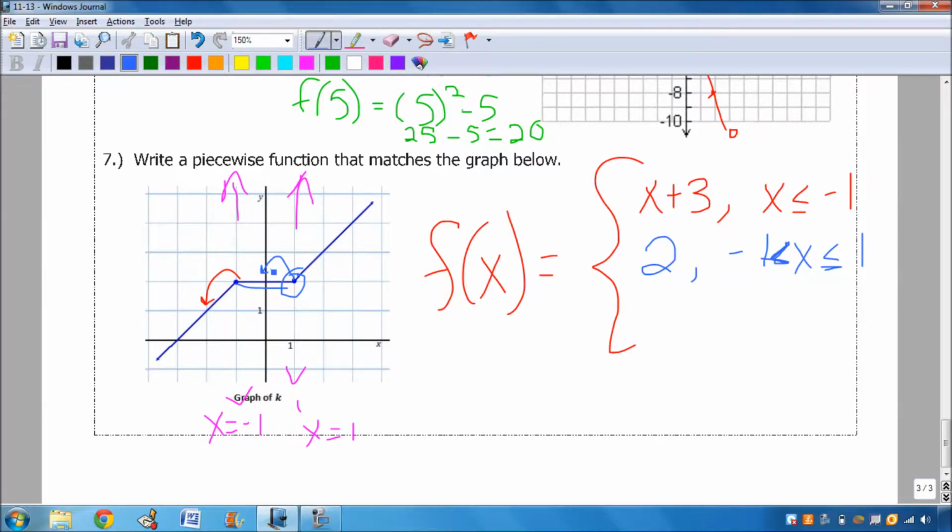All right, and then the last one that we have here is this function right here. And I need to figure out, same thing, what's my slope and what's my y-intercept? So my slope, it's going up 1 over 1. So again, my slope is 1. And then my y-intercept, I'm going to extend this down here, and I see that my y-intercept should be 1. So that means that this equation is f of x equals x plus 1, when x is greater than 1. Since I already claimed 1 for this piece of my function, it can't be equal to 1 there,